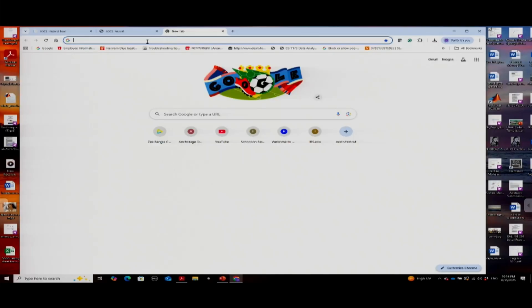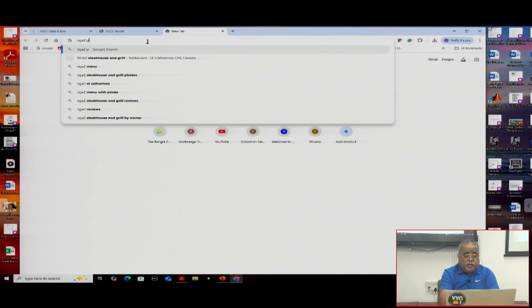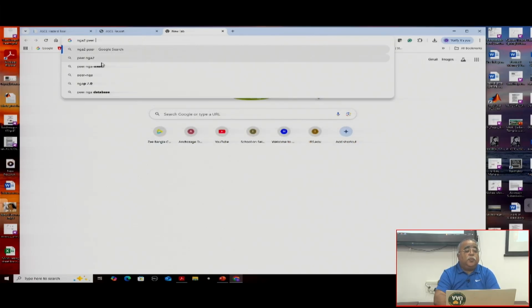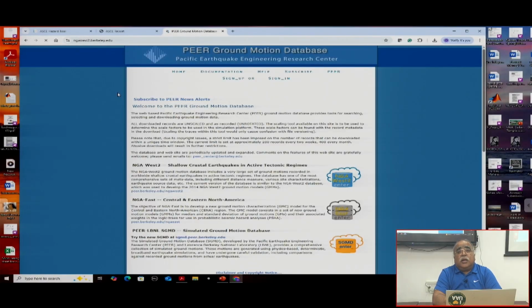Now you have to go to the database. That is what we call the NGA2 PEER database. So the PEER NGA2 database, let me see. This is your PEER ground motion database. This is called NGA West 2. We will be taking the NGA West 2 because this will match with us, and might be for India also, this might be matching,